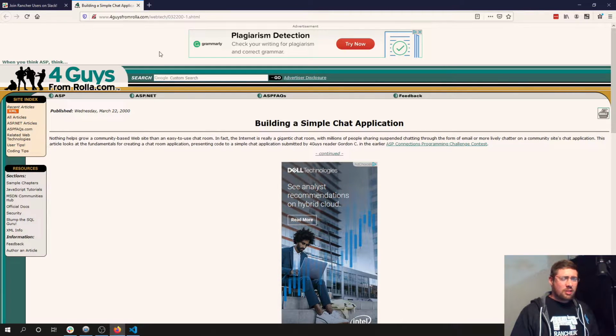So this is their simple chat application. You can even see here it was published on Wednesday, March 22nd of 2000. This application is almost 20 years old. And you're thinking, well, are there 20-year-old applications out there? Oh, absolutely. I've worked in the enterprise for a long time. There's still Fortran and COBOL out there, which is probably 30 and 40 and even older